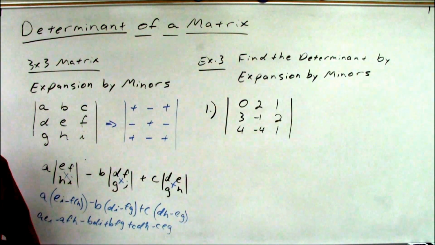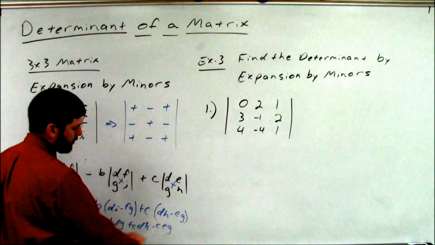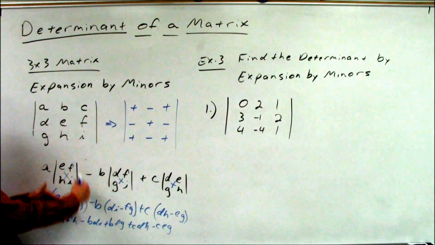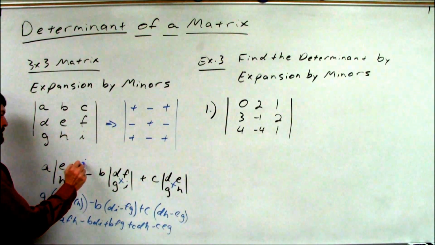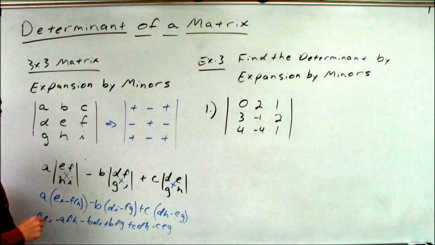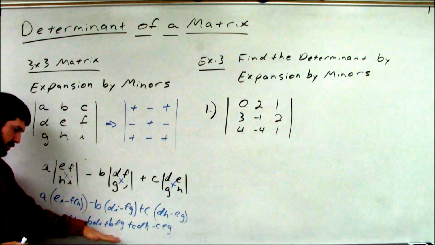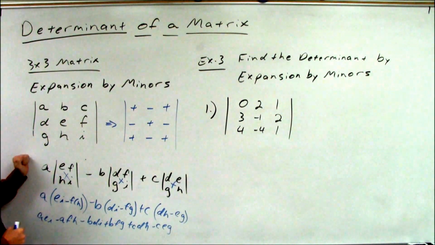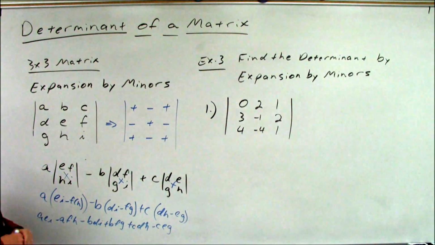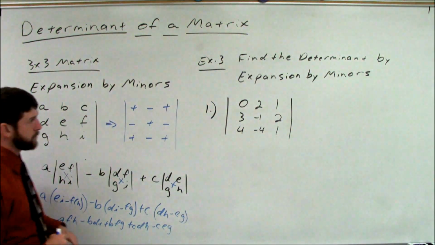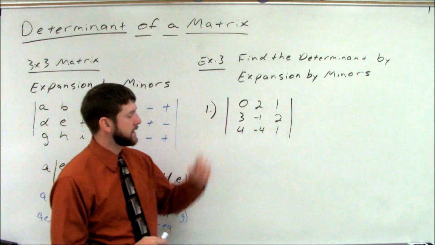This was our diagonal method. So the diagonal method is just the final setup that we get from expansion by minors. So that's where that comes from. The expansion by minors is much more valuable because it works for everything and not just a 3x3 matrix, which the diagonal method does. So expansion by minors is very, very important that you know it and be comfortable working with it. Let's work a couple of examples, and let's find the determinant of this matrix right now doing expansion